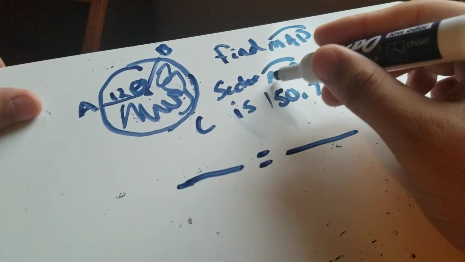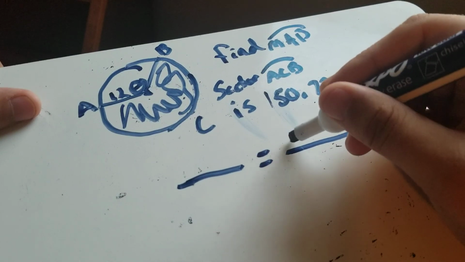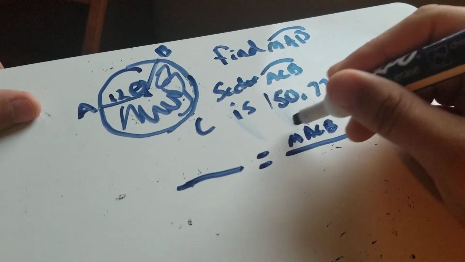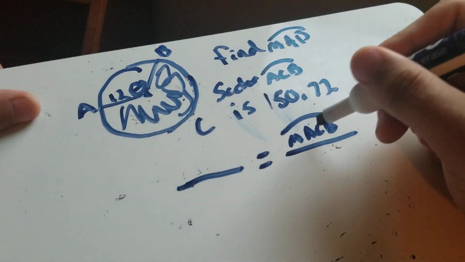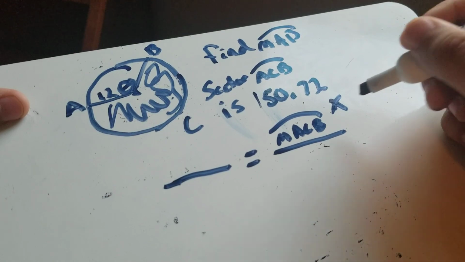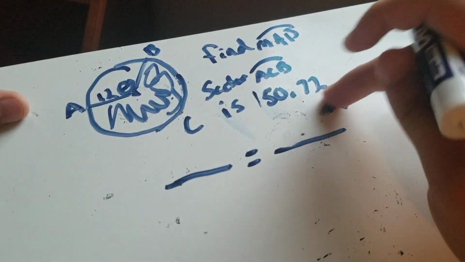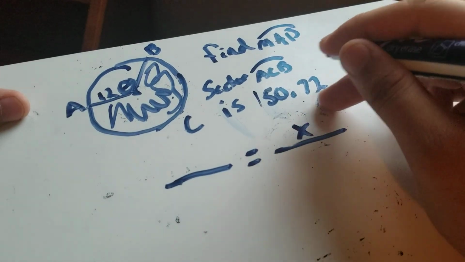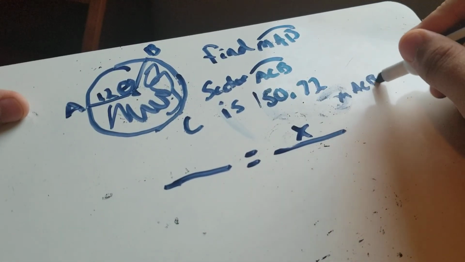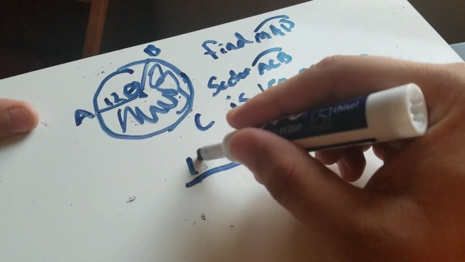Since we're using sector ABC, we want to use that. So what I'm looking for is the measurement of ACB. And again, maybe just write X because that'll be easier as a variable. So I'll just change that to X. But remember, what I'm going to find is the measurement of ACB. Okay? So we got sector ABC, so we're going to put that in